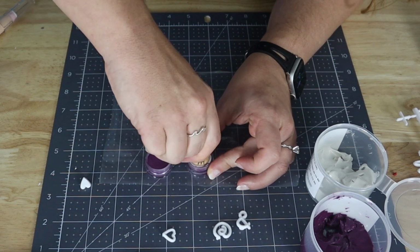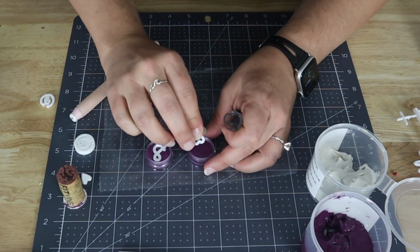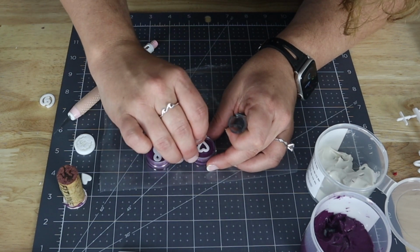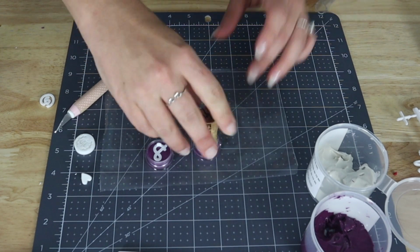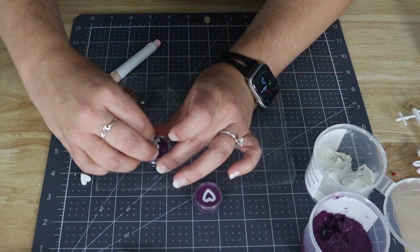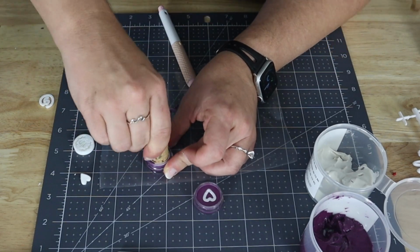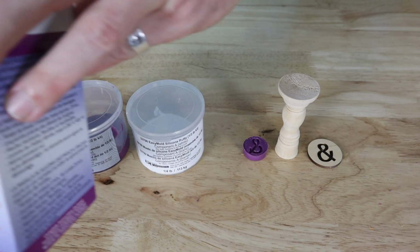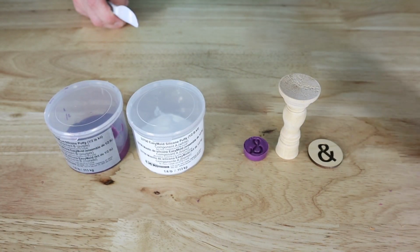So we did discover after we put that first one in that we wanted to cut that back tab off as well, so we could use our little pressing cork to get that flush to the surface. And so we pulled that first one out and did that again. But remember, you only have 3 minutes working time. Now we have a 24-hour full cure time, so we go ahead and go back to the Easy Mold because